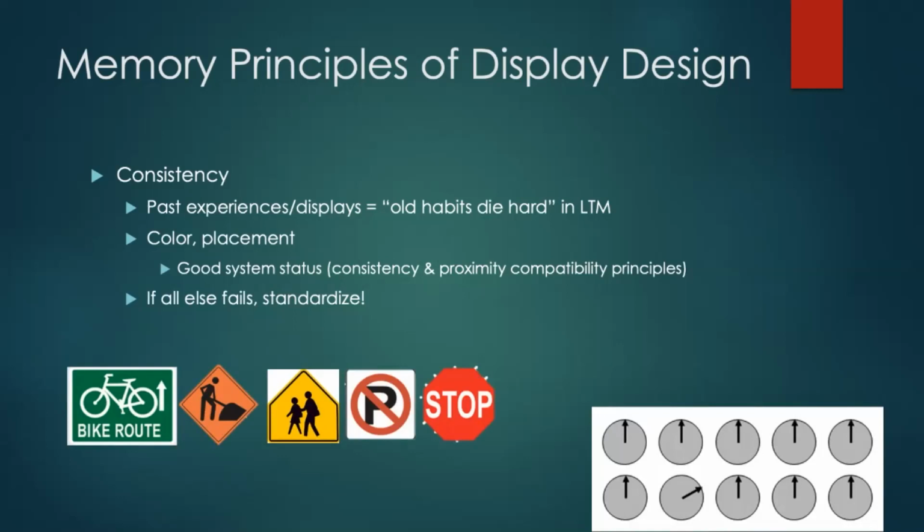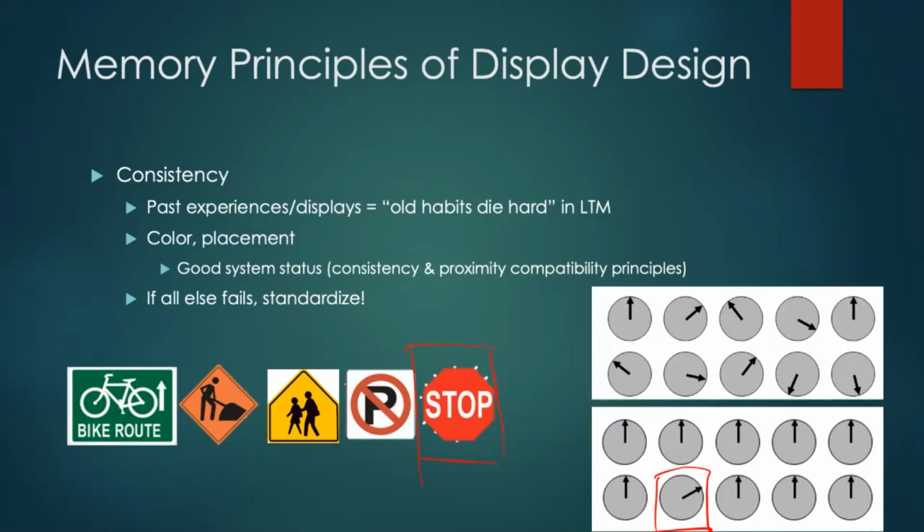So you can see here, things we're all familiar with, right? The stop sign is frequently used even in non-driving environments. But also think about, it's so much easier for you to see the outlier here than if I give you that top display, right? This sticks out because it's different than all the others. If I'm having to make comparisons against ones that are all over the place, it's going to take forever for me to make sense of it.